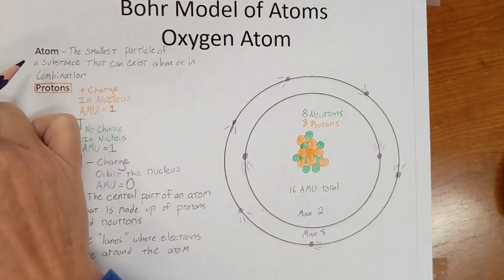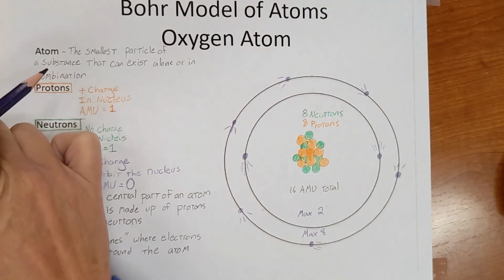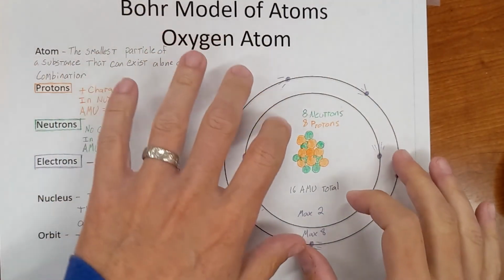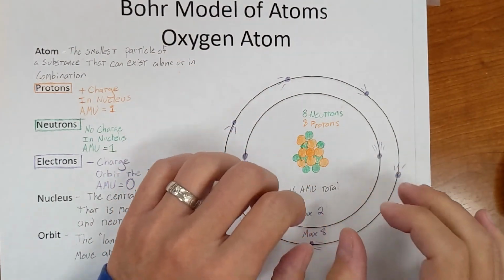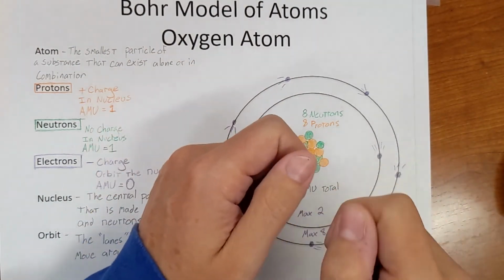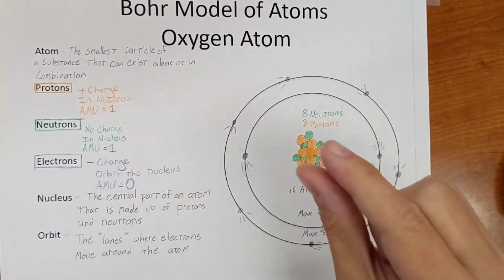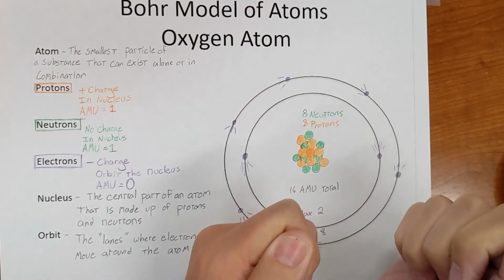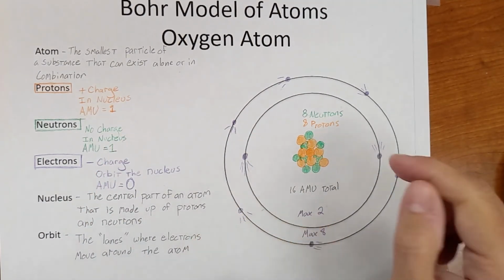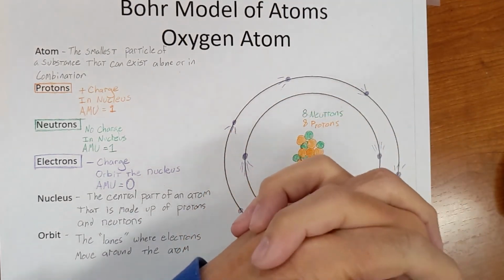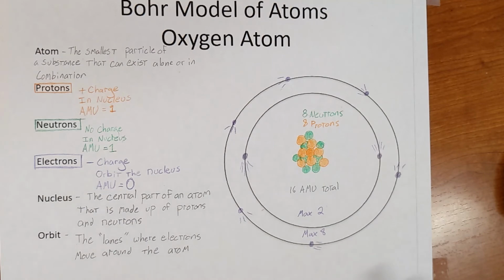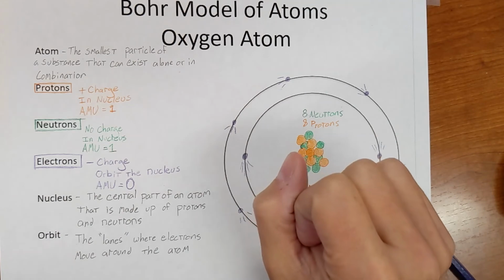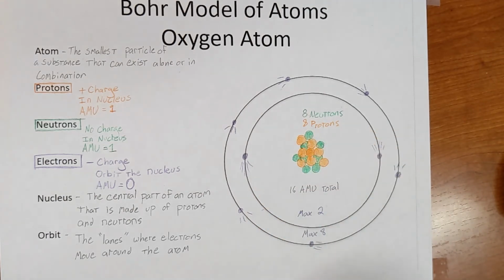An atom is the smallest particle of a substance that can exist alone or in combination. It's the smallest part you can get. Let's say this was an atom of gold, for example. You could break a piece of gold, break a piece of gold, and so on, until you get down to a single atom of gold, and then you could break that atom. But once you break that last atom of gold, you don't have gold anymore, because gold has to have a certain combination of protons, neutrons, and electrons. Once you smash that final atom, you don't have that thing anymore. You don't have gold, or oxygen, or carbon. You have a different